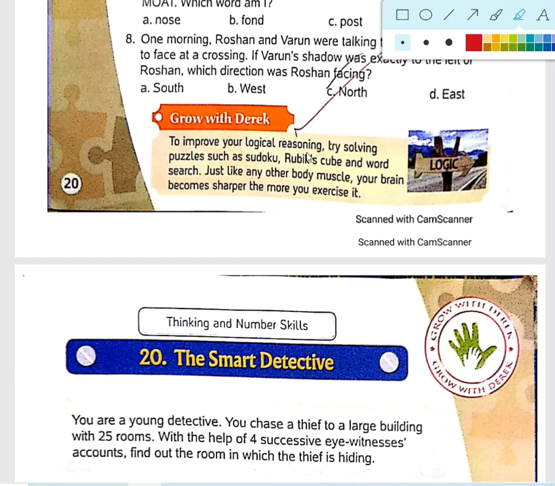See children, this is very important. To improve your logical reasoning, try solving puzzles such as Sudoku, Rubik's Cube and word search. Just like any other body muscle, your brain becomes sharper